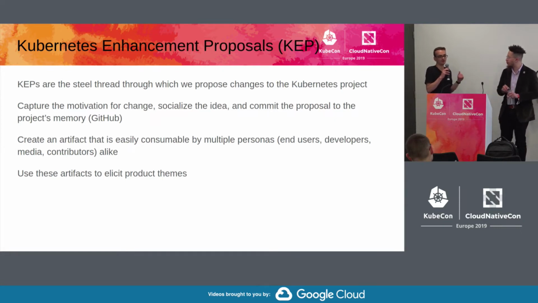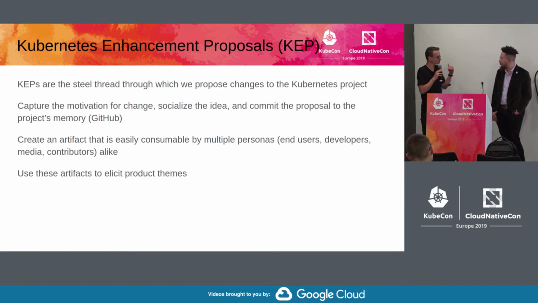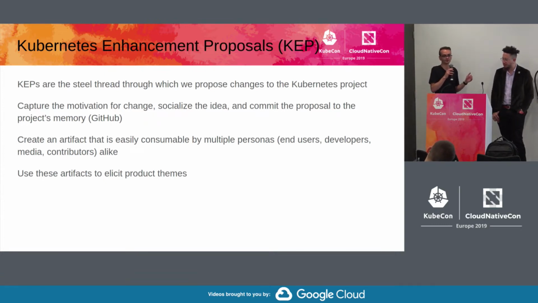With KEPs, we have everything put on GitHub as files. So even if someone wants to put any update to these files, you'll be able to track all this information in the GitHub history because of Git. Right. So it also simplifies things for anybody who'd like to get any information about what was with this enhancement two months ago, or two release cycles ago. Yeah, so it's way easier to track these changes these days.